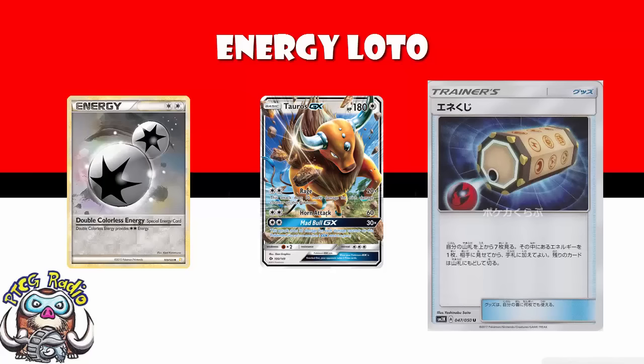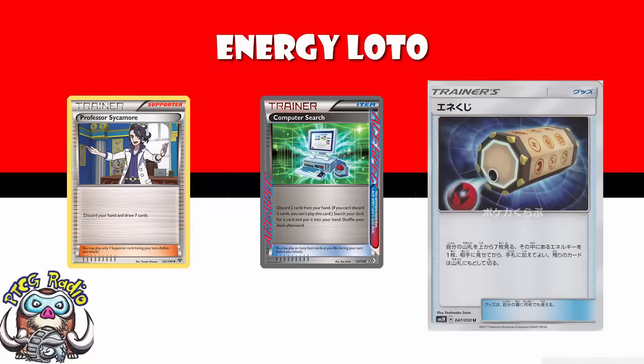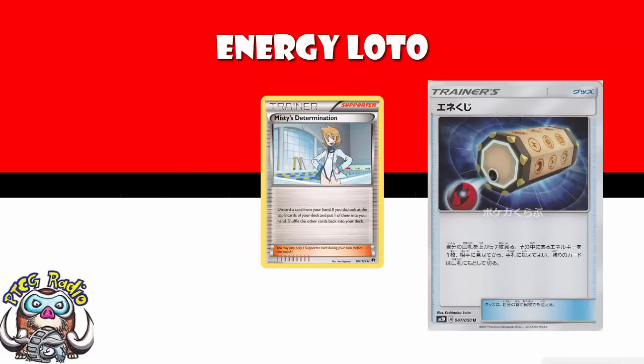Now, back when it was legal for tournament play, and it still isn't expanded, people used computer search. And computer search, it could grab you any card in your deck. But really, for decks that relied on special energy, computer search was more often than not used to search for special energy, or used to search for a Sycamore in the hope that you would draw into a special energy, amongst other things, where the special energy itself wasn't enough. Fast forward to when we don't have that, and people have been playing Misty's Determination just to try and get